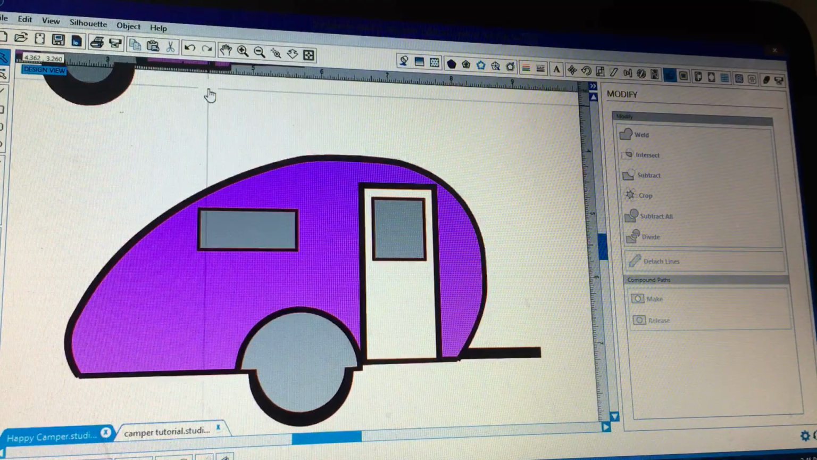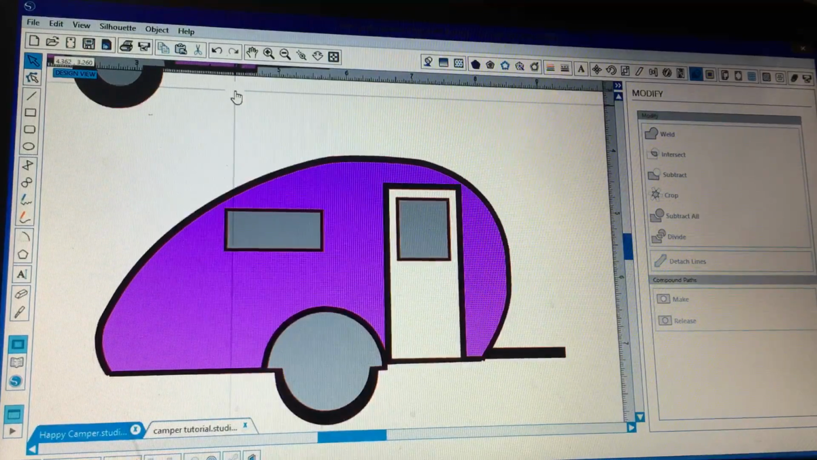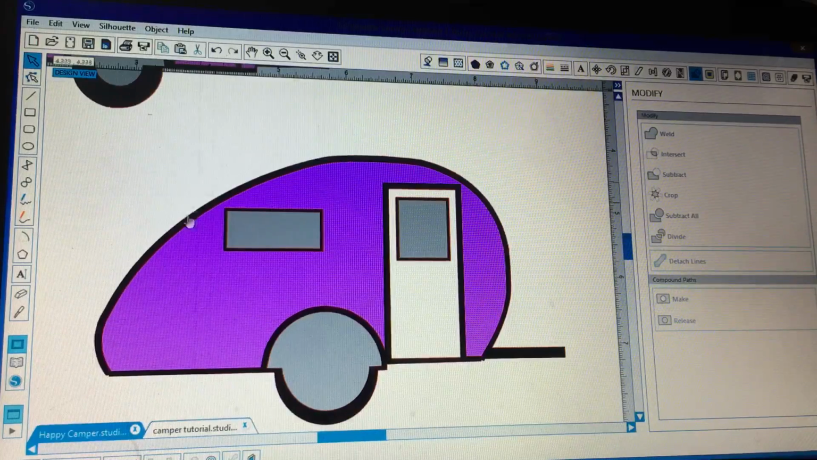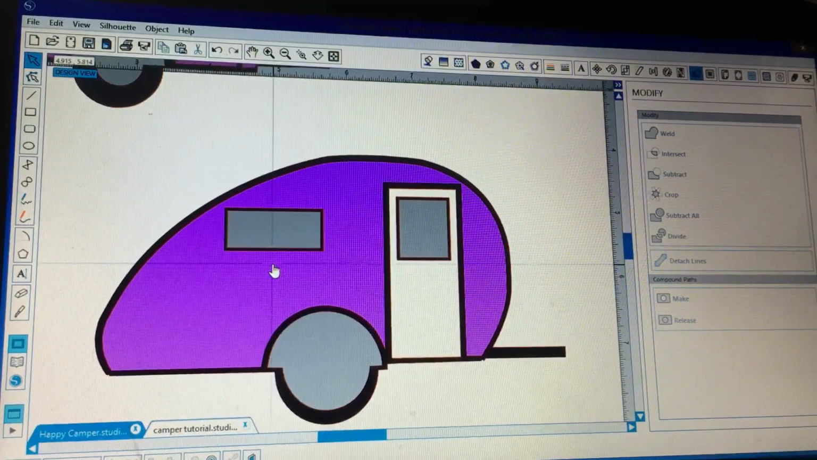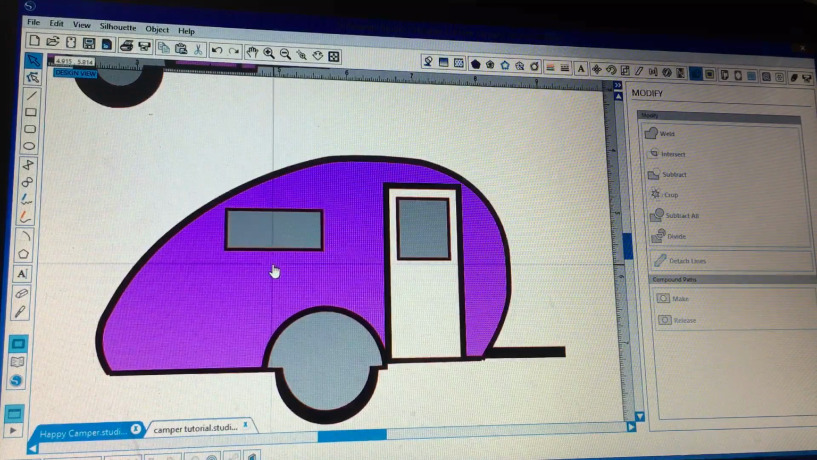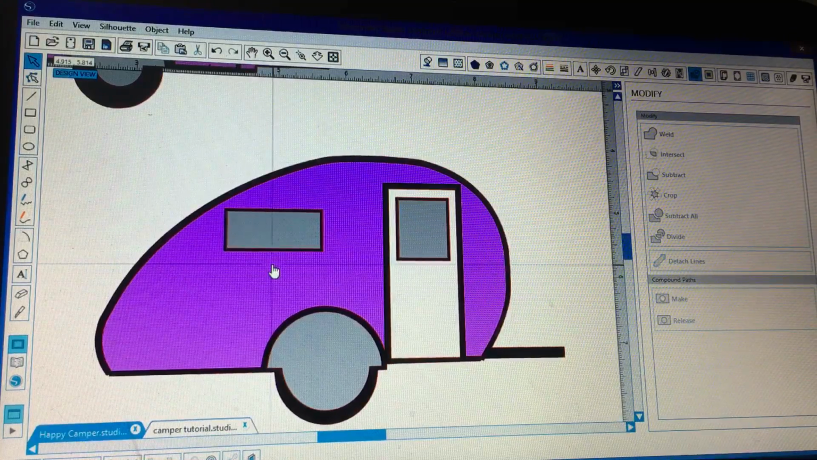Alright, I am back and we are ready to work on the next portion of the camper, which is going to be the lightning bolt going down the side of it, pretty much down the middle. Obviously you can put it anywhere you want. You don't have to have a lightning bolt, you can have two different stripes. You can do whatever you want to do. And I hope that when I show you this,